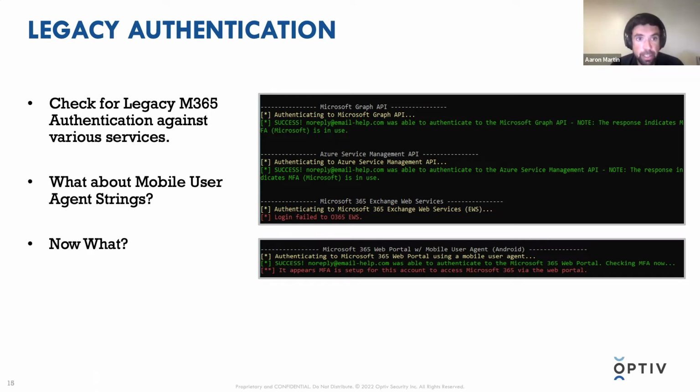So let's say legacy authentication. We've tried this and MFA is enabled on everything. Exchange Web Services isn't working. We weren't able to enroll the native Windows 10 Mail app. We got an error there. So from there, we can move into